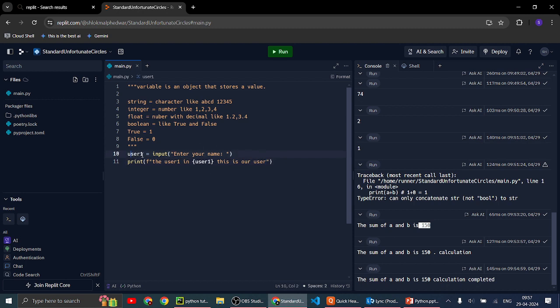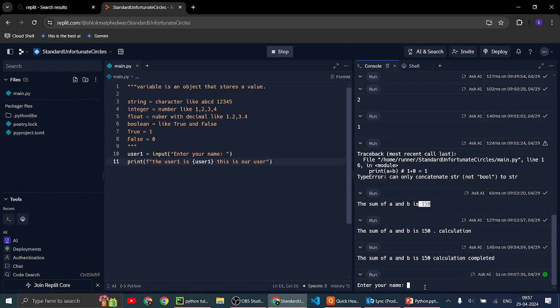So user one is a variable which contains a string value given by the user. The user is user one, meaning it will print the value of user, as now it has been given a user statement, meaning we can write here anything we want.